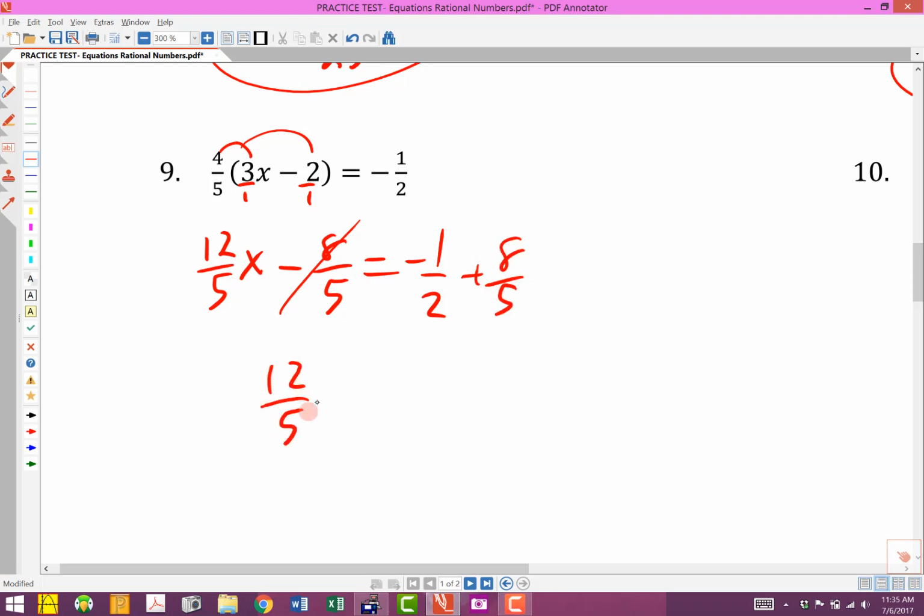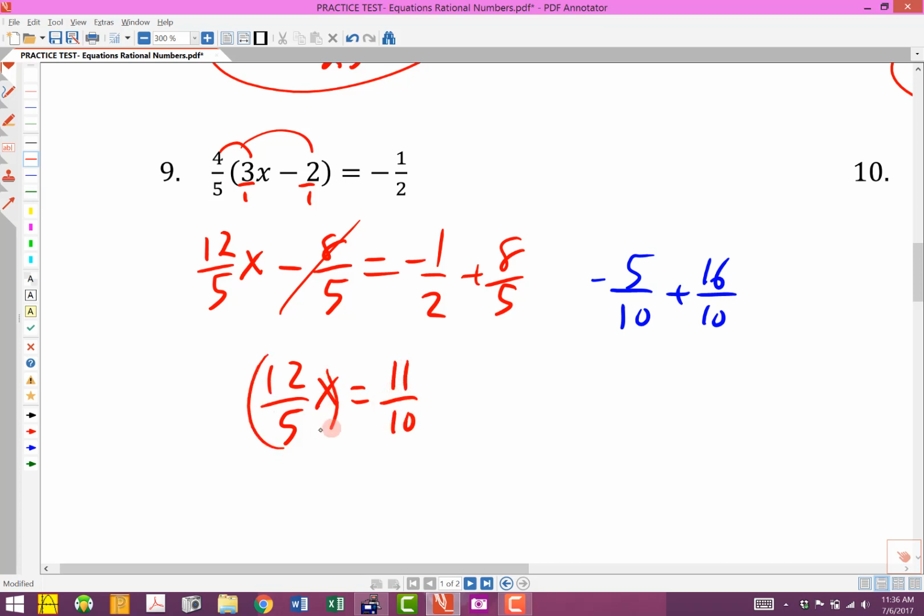So we've got 12/5 here, 12/5 x. I'm going to get a common denominator, so this would be tenths. And we would have multiplied that by 5, so that's going to be 5/10. Negative 5/10 would be the same as negative 1/2. And I'm going to double this, so times that by 2, so that's going to be 16. So let's see, we end up with